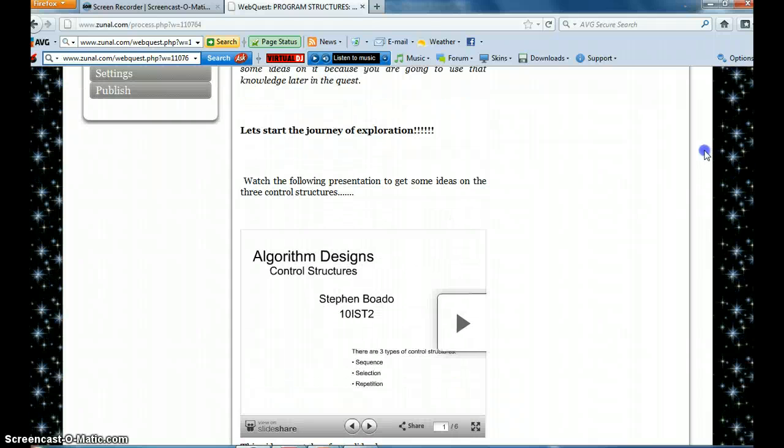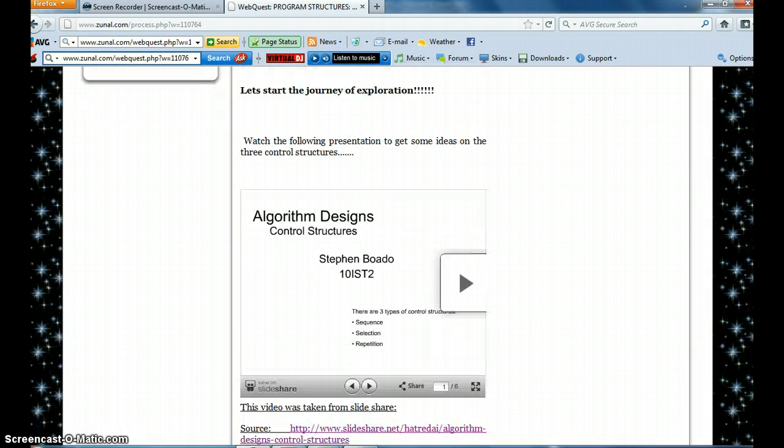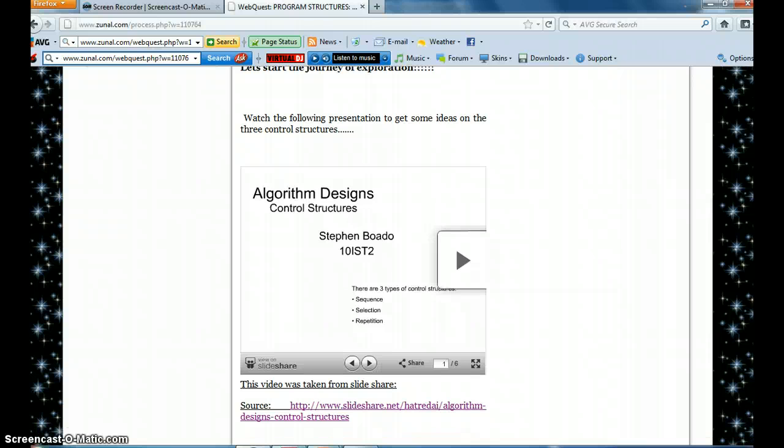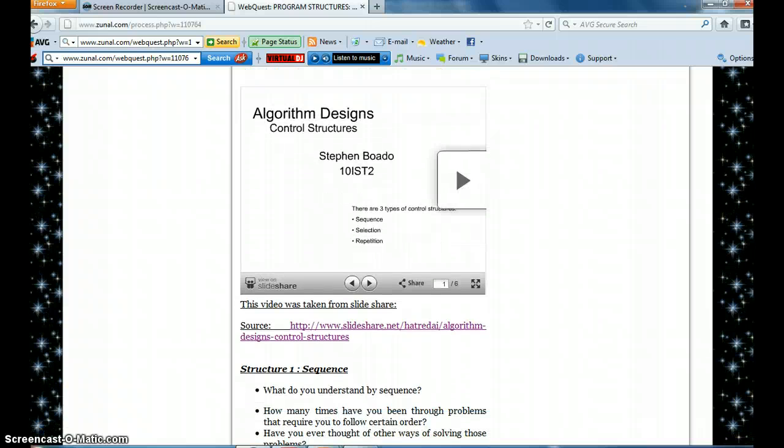To learn about the 3 structures, after they have done their reading on flowcharts, they have to go on to the video that is given on the 3 logic structures that was done by Stephen Bardo, and they have to watch this video and learn the 3 types of control structures, that is sequence, selection and repetition. After that, they have to